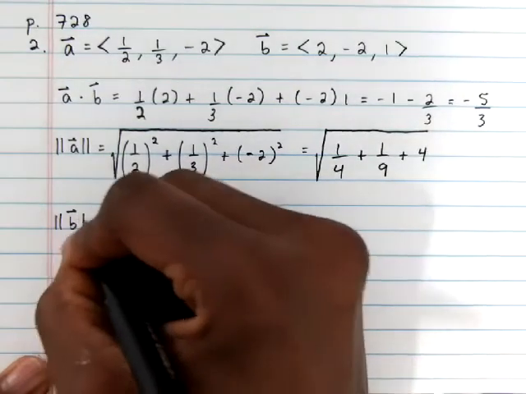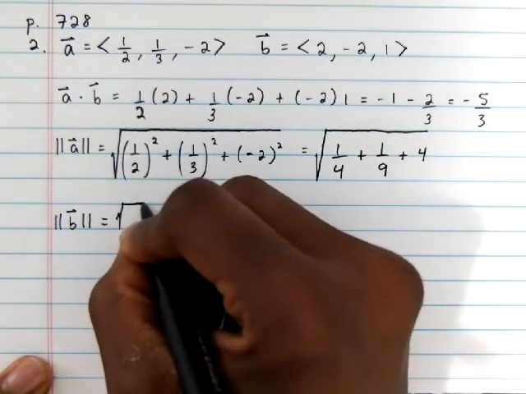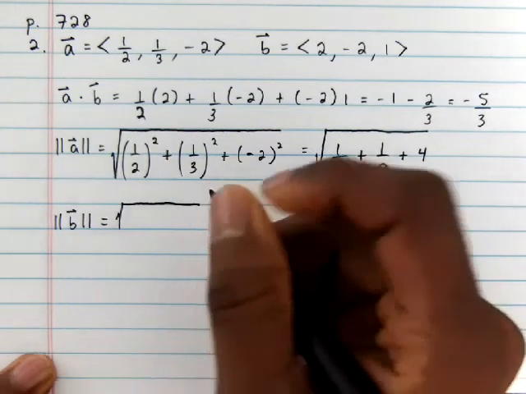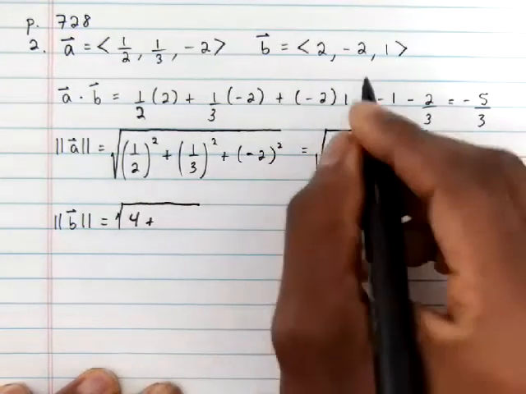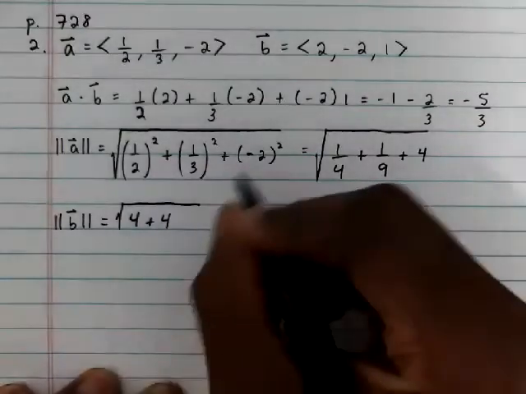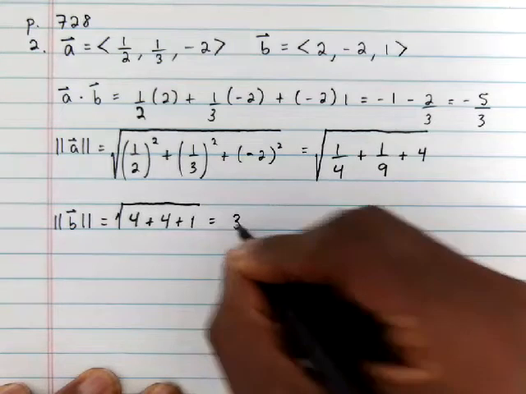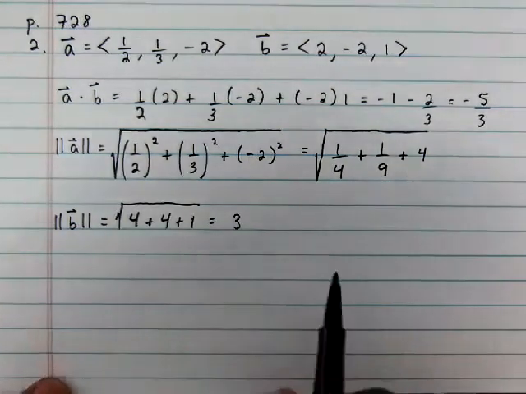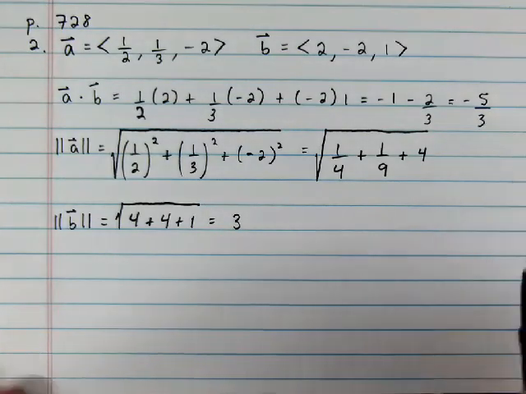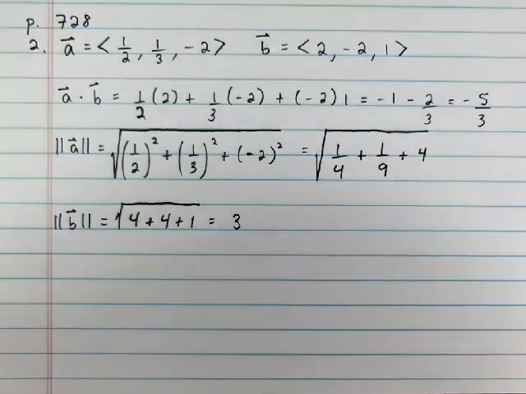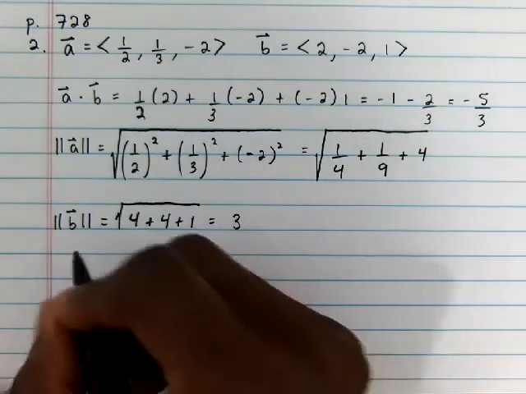The magnitude of B, using that same formula, is the square root of 2 squared, which gives us 4, plus -2 squared, which gives us 4, plus 1 squared, which gives us 1. So this one just gives us 3. Now what we have to do is put this and this into that formula for cosine of theta. So cosine of theta equals